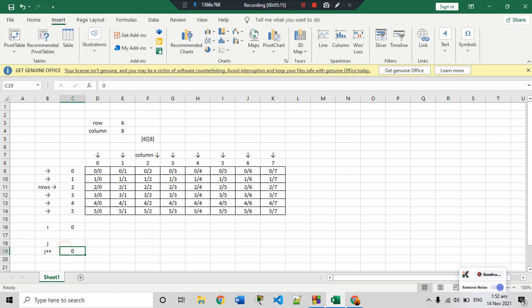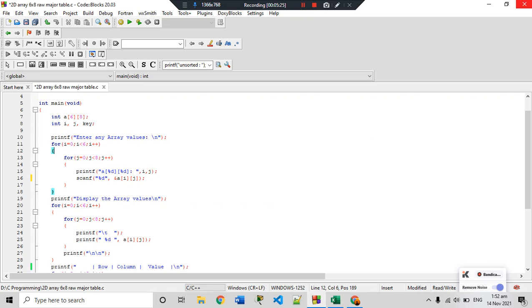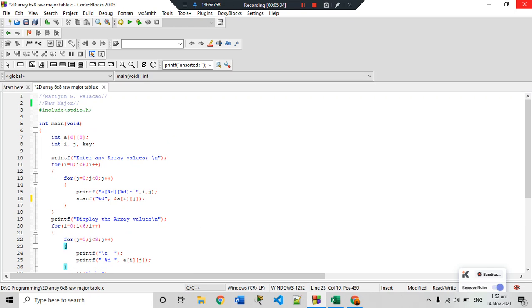So j is now equal to 0. Is 0 less than 8? Since true, with i equal to 0, it will print